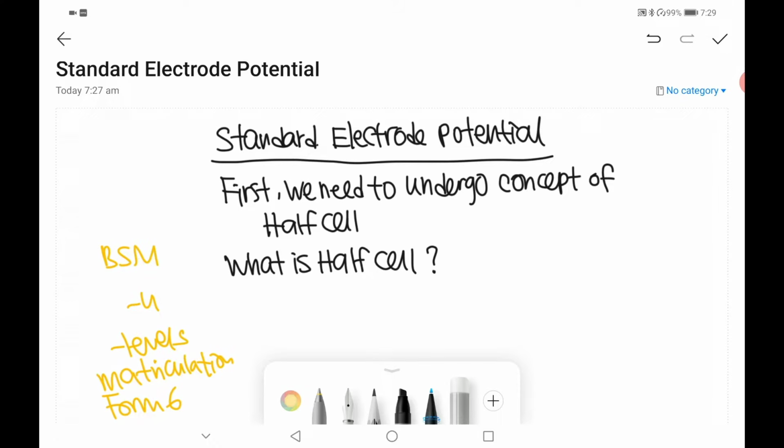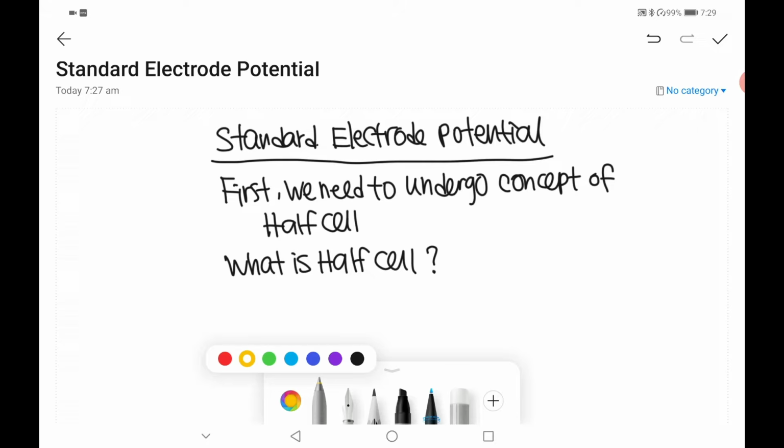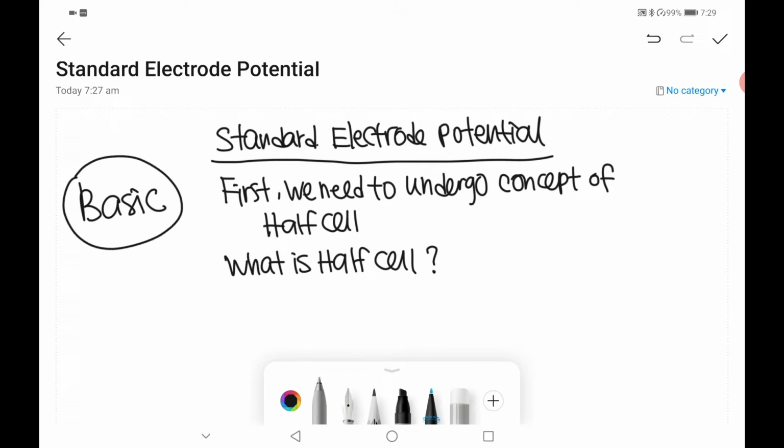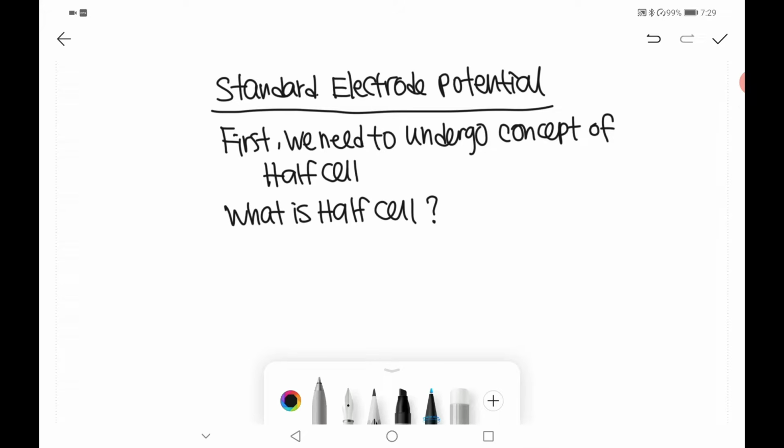But no worry, we are not going to learn very deep about standard electrode potential. What you all need to know in Form 5 is just some very basic, very simple concepts. We don't need to go very deep. Before I start to explain what standard electrode potential is, first of all, we need to understand